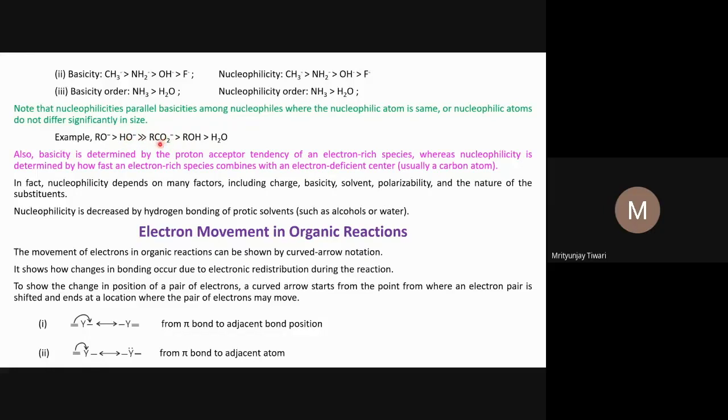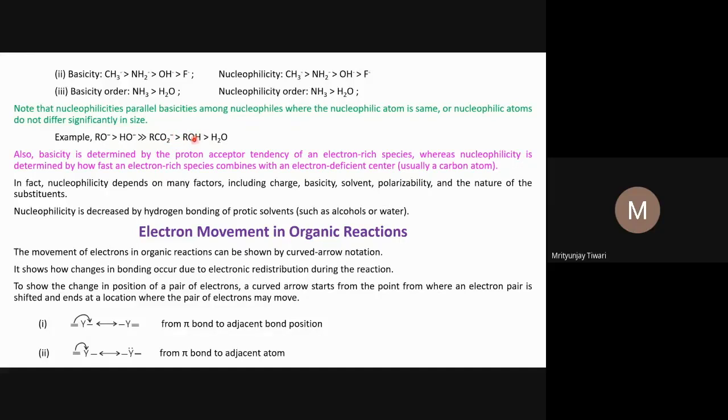And so it will also be a weaker nucleophile than HO minus, hydroxide ion. Then comes ROH, the alcohol. We see there is a minus half negative charge on each oxygen, so it is having a negative charge. The electron density in a negative charge is always more than in a lone pair. So this will be a stronger base as well as a stronger nucleophile than ROH, because this